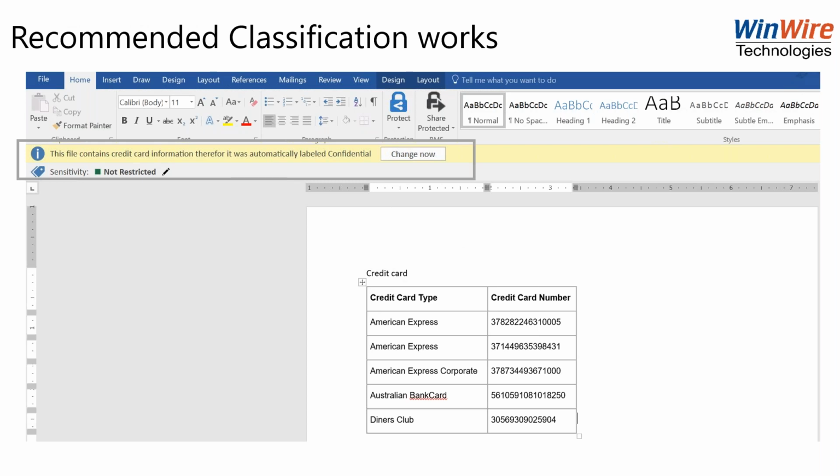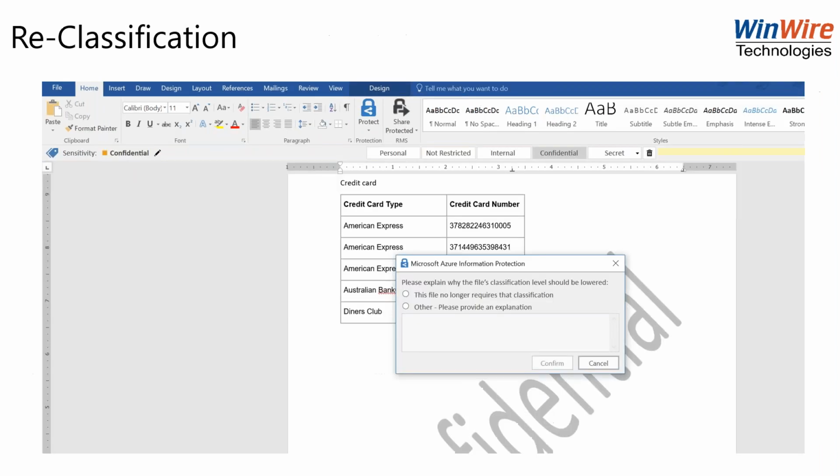This is the reclassification. So automatically the system classified the document, but you as a user feel that this classification needs to be changed for so and so reason, whatever may be the reason, right? That's what we are seeing, and that option is also available. With that context set, I'll switch to the demo.